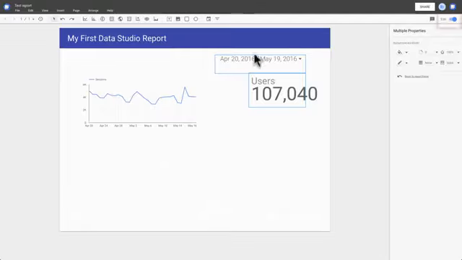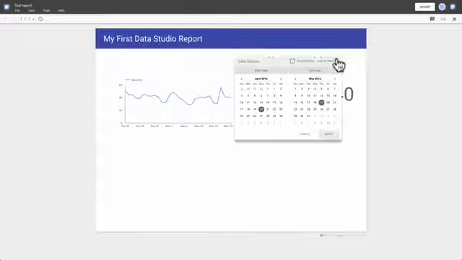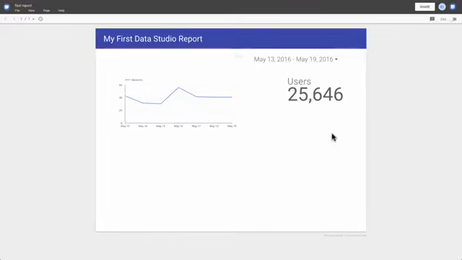To view this report as other people will see it, click the Edit toggle. This simple report may not be much to look at yet, but it is live data. You can interact with it by mousing over the data points, and you can also change the date range and update the data. There's a lot more you can do with Data Studio, so if you wanted to turn it into a work of data visualization art, you'd just use the Edit toggle again and add more visualizations, data filters, additional pages, and more.